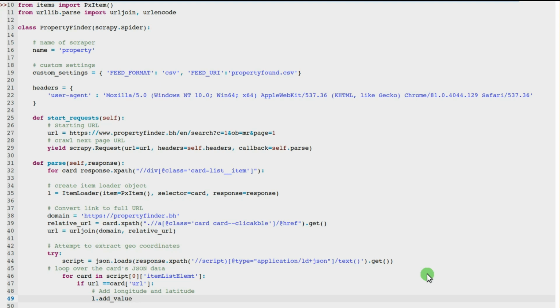You can also add values, so we will be saying, if at all, add into the longitude Scrapy field, we want to add the value from the card which matches main entity geo. So we're picking out the values from these keys, and